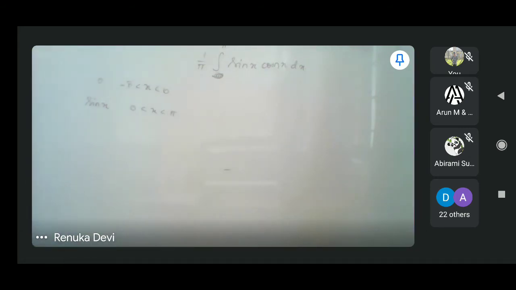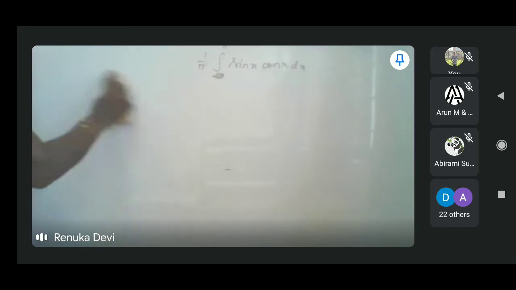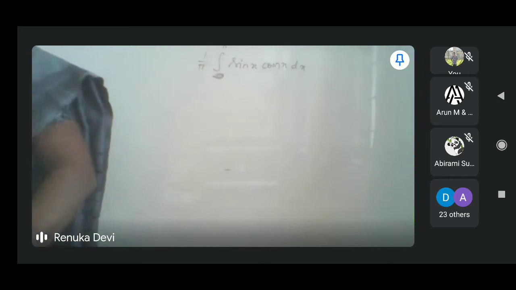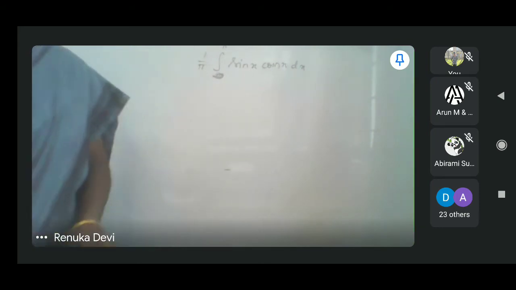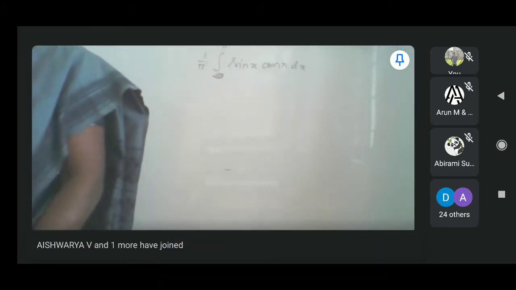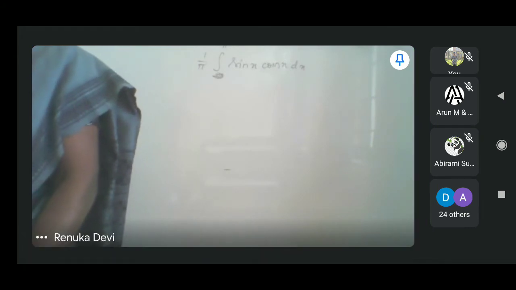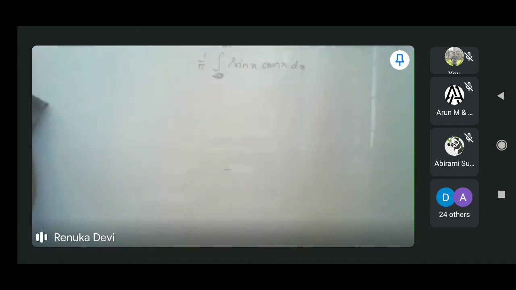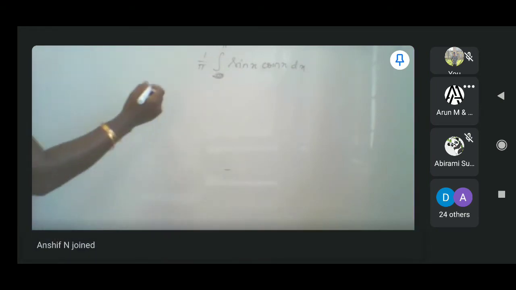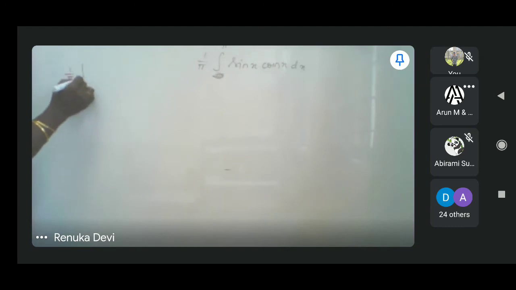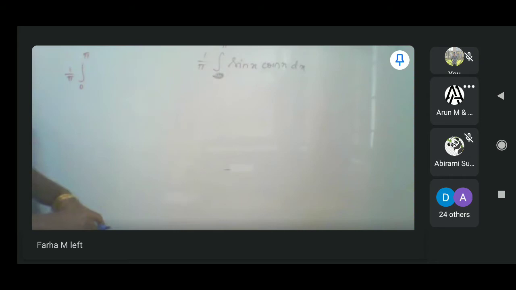So you are using sin and cos. So it is n plus 1 and n minus 1 like that, isn't it? Cos and sin or sin and cos. It is n plus 1. This is 1 by pi, 0 to pi, and I can take it like cos by cos.